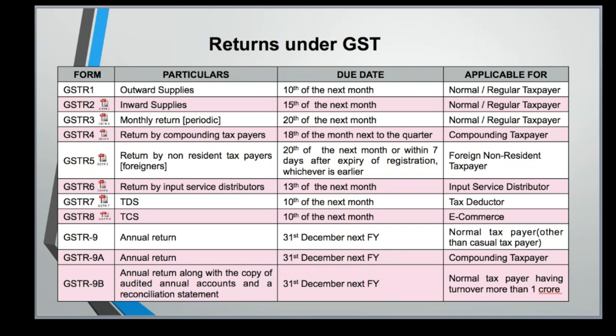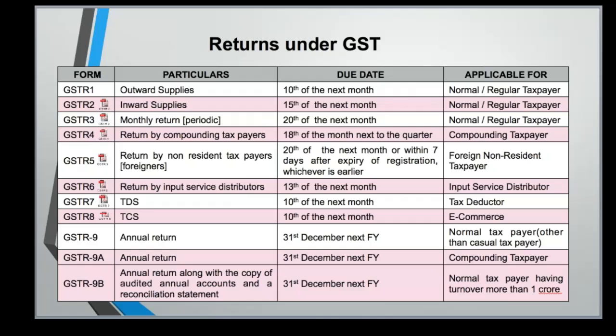In case the ultimate consumer is UPXYZ, the place of supply would be UP. Though there is no interstate movement of the goods, still the place of supply would be UP, and the location of supplier is Haryana, so you have to charge IGST. Even if you ship the goods within Haryana only, you still have to charge IGST, because the principal place of business of your original buyer, as per your question, is UP. Therefore IGST has to be charged in the given case. Hope that is clear. So coming back to our returns.